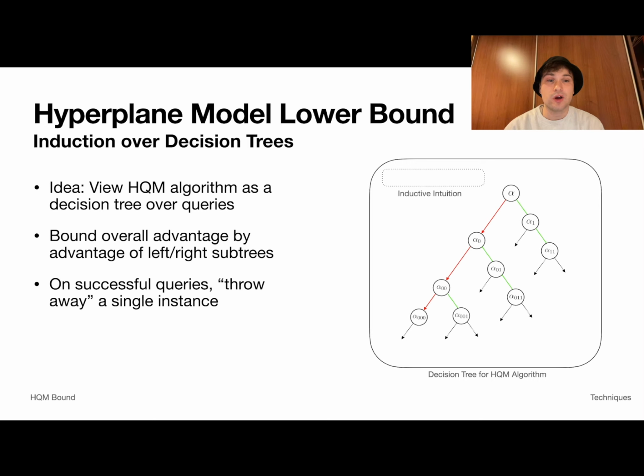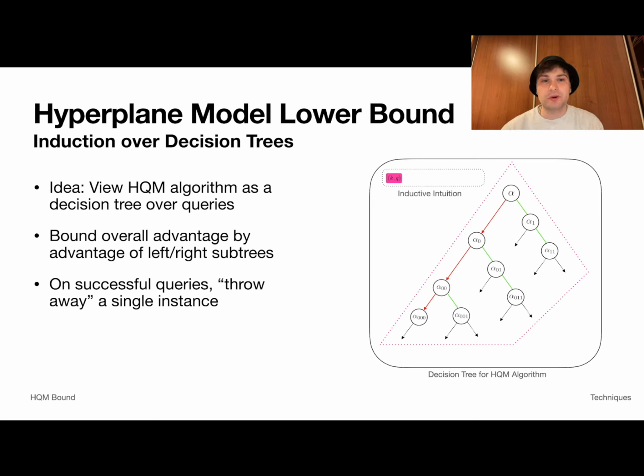If you look at the right, all of the vertices labeled with green are the cases where the hyperplane that was asked at the node does contain the hidden point. Similarly, the red paths are those where the hyperplane does not contain the hidden point. Importantly, what we do in this step is we consider the advantage of an algorithm over the full tree. That is to say, the whole tree has some inherent advantage solving for k independent instances using q queries, where q is the depth of the tree.